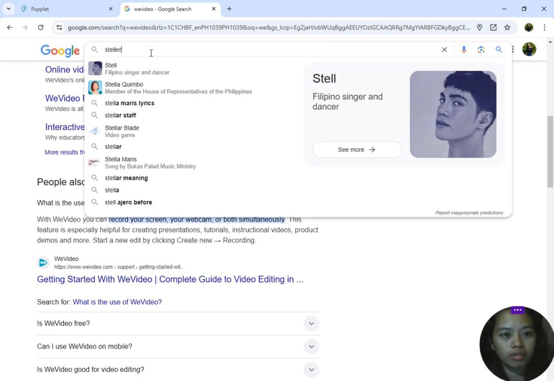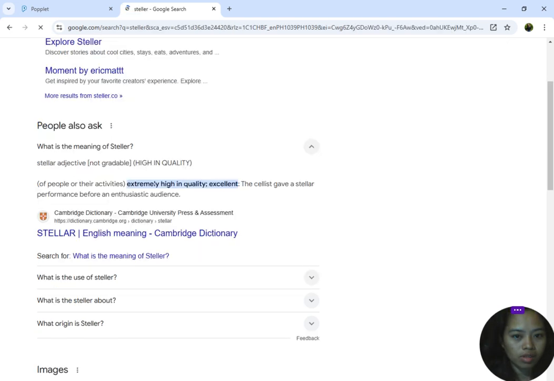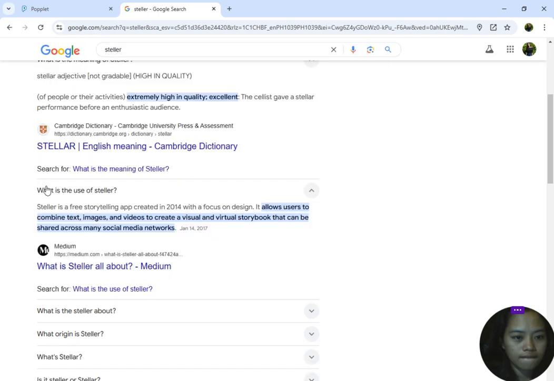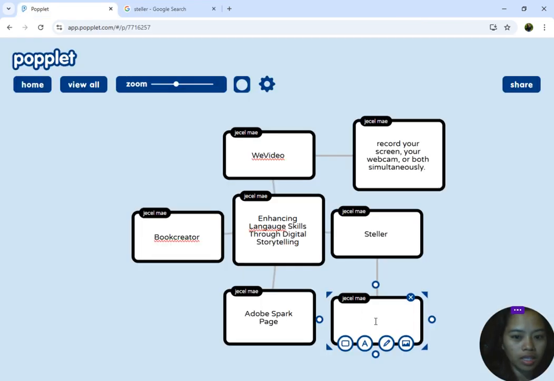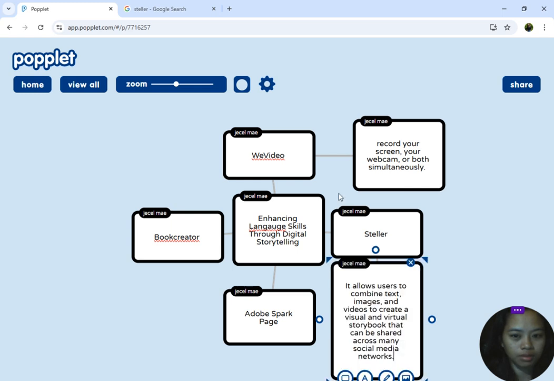Okay, Stellar allows users to combine text, images, videos to create a visual and virtual storybook. So let's copy this and paste it here. Okay, so let's make it smaller.